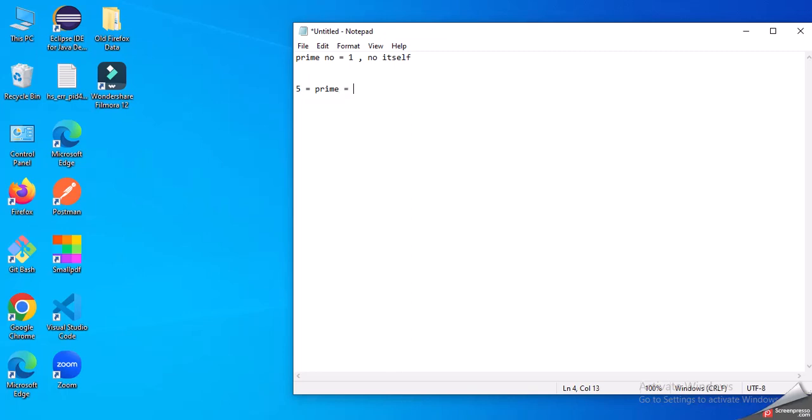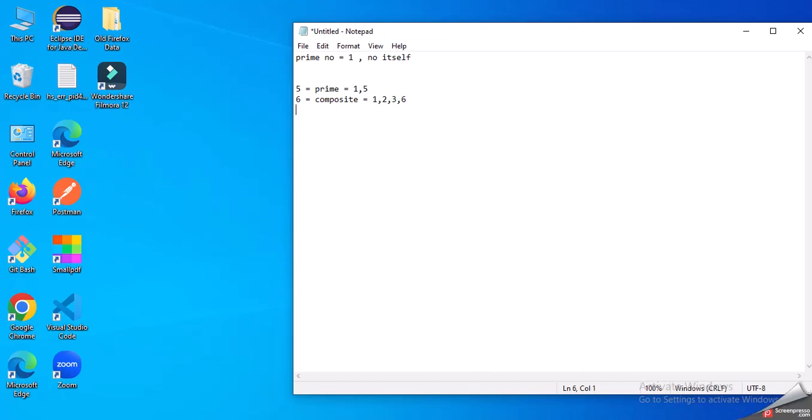Why? Because it has 1 and 5 as its factors, that is, it is divisible by 1 as well as 5. If I consider 6, 6 is a composite number, that is, it is divisible by 1, 2, 3 and